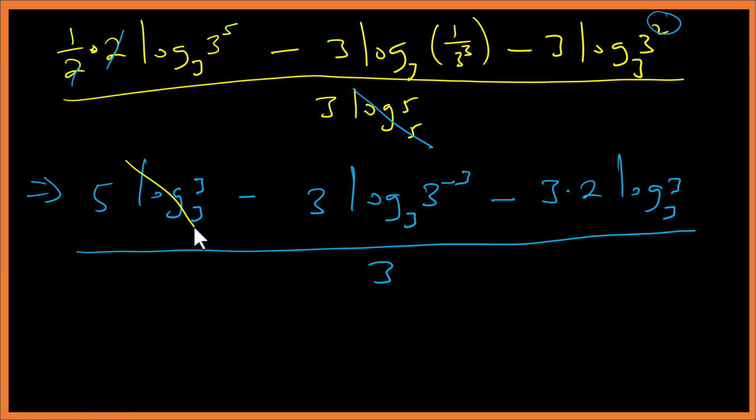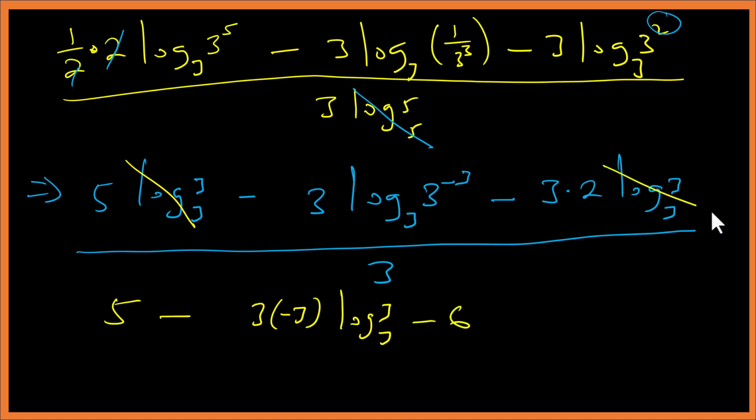So this one will go 5 minus, so this minus 3 will come, that will be 3 times minus 3 log 3 to base 3 minus 6, so this side will go on 3. So we have 5